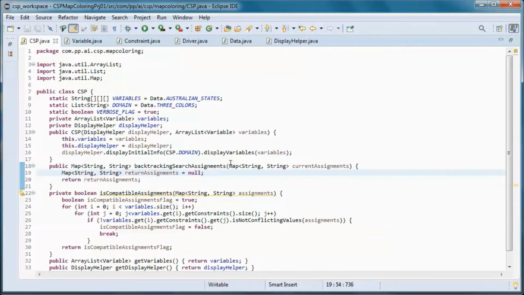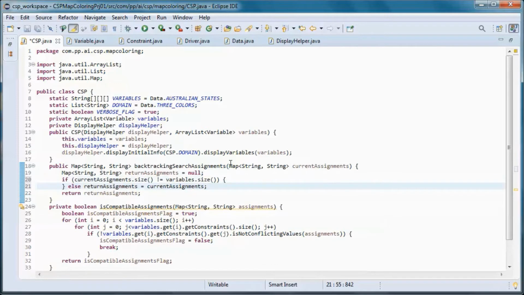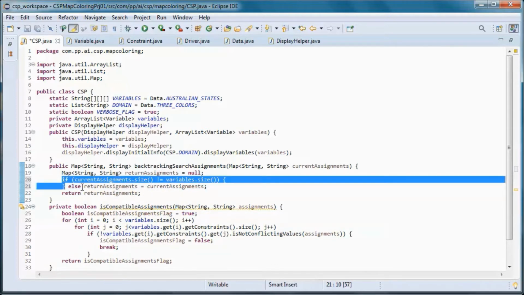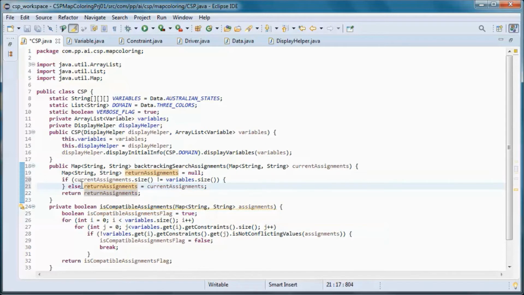So if we successfully assign compatible colors to all the states, then the returned assignment will be the current assignment that is passed in.